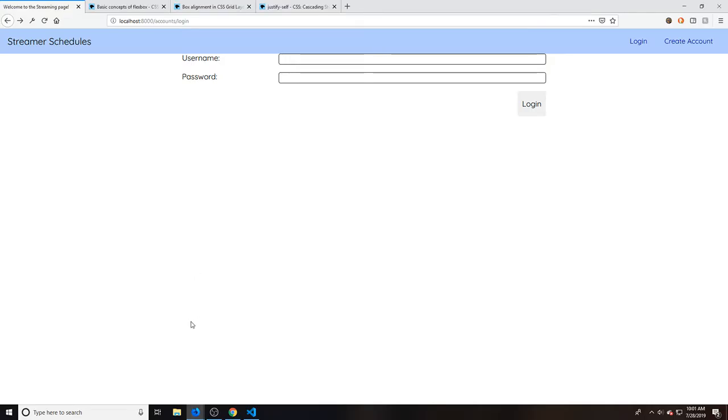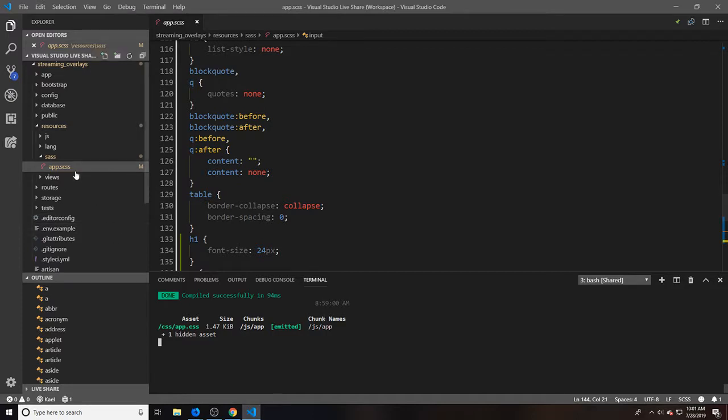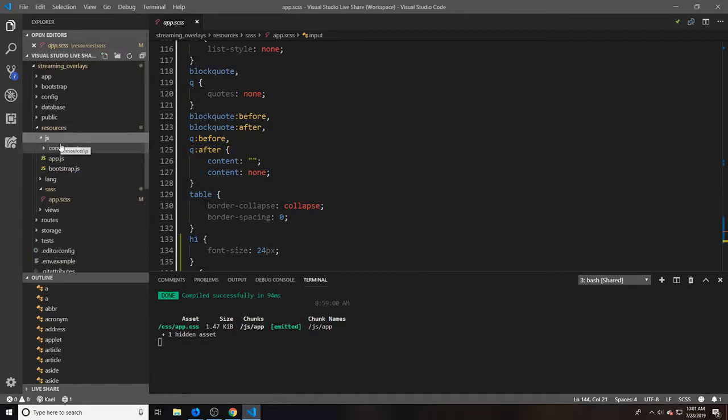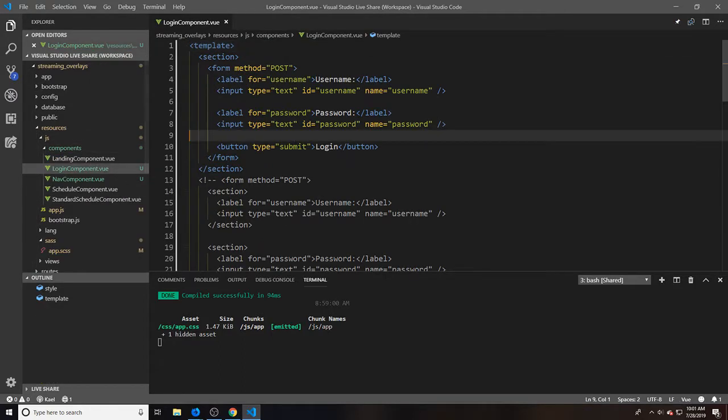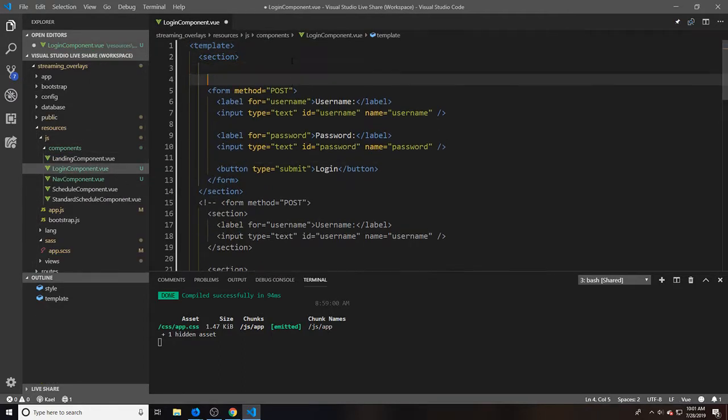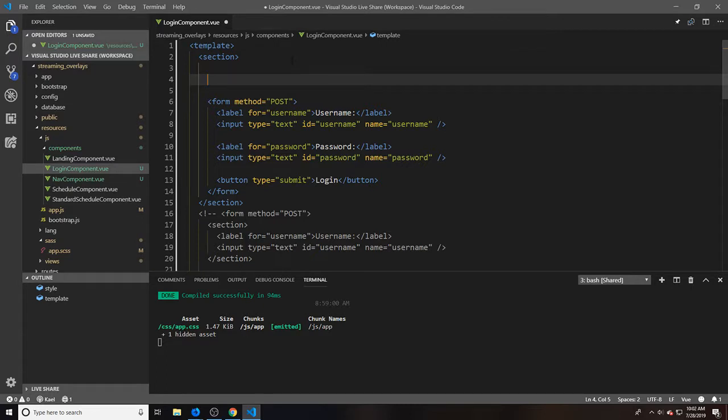I agree. Okay, so if we go into resources JS, components, login component, above the form let's do an H2. Why an H2?